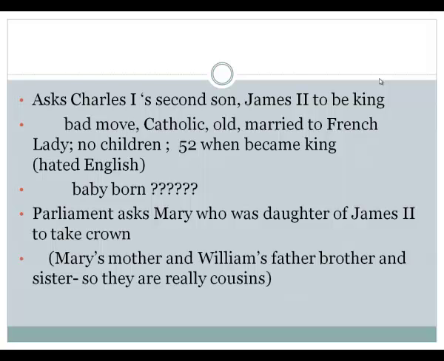So Parliament gets together and they contact the daughter of James and ask her if she would consider taking the throne if her father was deposed. And she said, not unless you offer the throne to my husband too, who happened to be William of Orange. And at first they said no, and then finally they said, okay, we got to get rid of your dad,